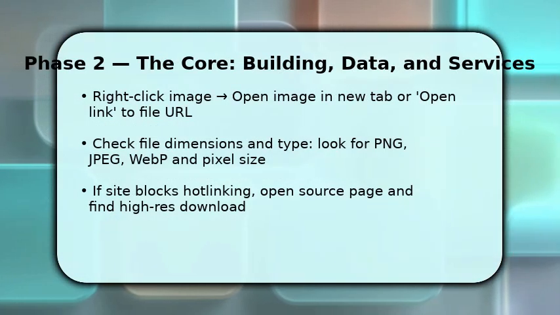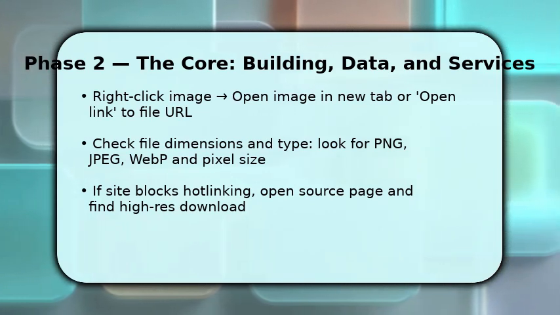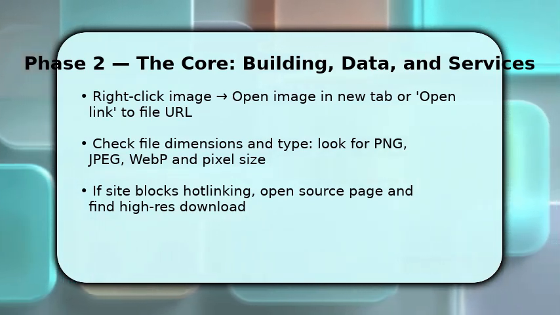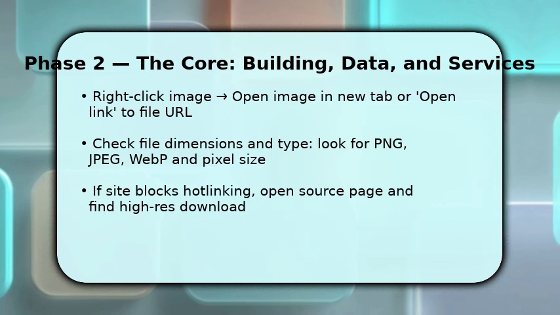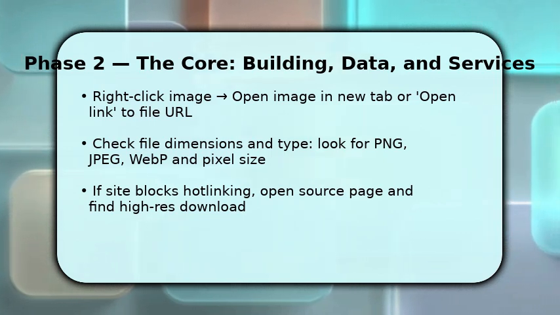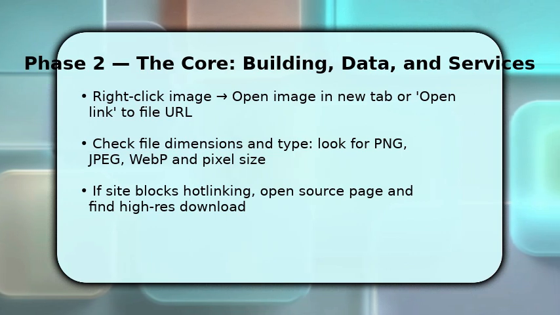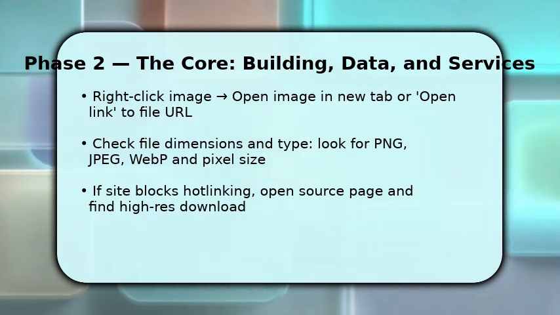Now you inspect the opened image to confirm true resolution and format. You want to see real pixel dimensions in the new tab. If it reads 800 x 600, it's not high-res. If the image is WebP or scaled by the host, click the site link to access the original file or